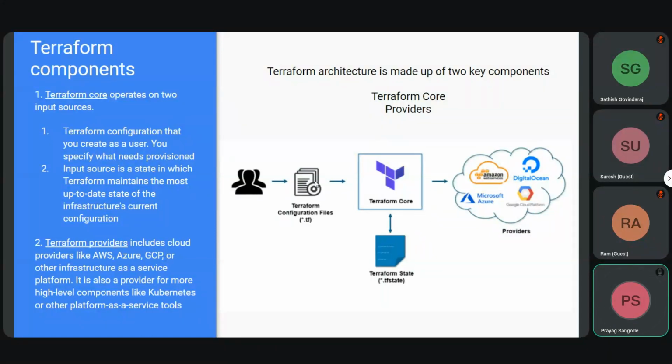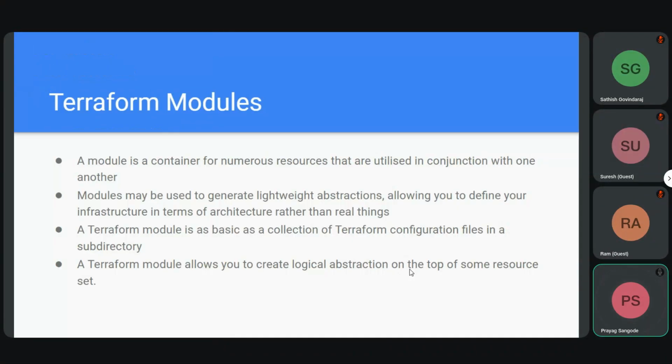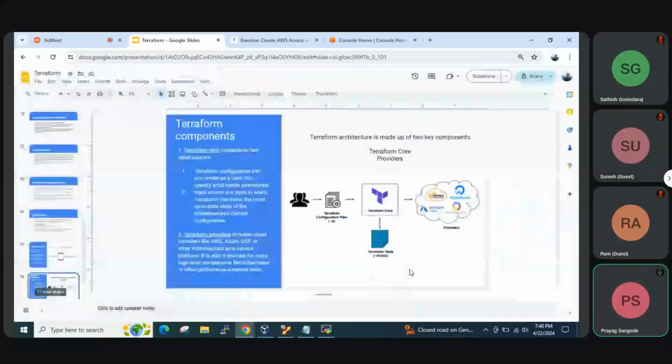The tfstate file has all the details of what is created. So next time when we try to create again, it will refer to the tfstate file to see whether that resource was already created or not. If it was created, it will skip it. That is the idempotency behavior. If it is not, then it will create it. And due to some reason, if you comment anything in the tfstate file, or if you delete that tfstate file, it doesn't have any reference, and it will try to recreate it. So the tfstate file is very important. So that was a short theory about Terraform and infrastructure as a